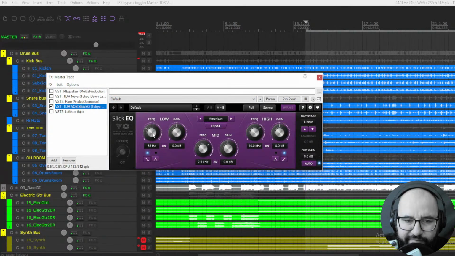This plugin has 3 bands mainly, right? The lows here, the frequency, the boost or cut, and you select here if you want a low shelf or a band type of filter or curve. And you have the mids, right? You choose the frequency, the gain here, and also the highs, right? The frequency, boost or cut, and you can use it as a high shelf or as a normal band, right?